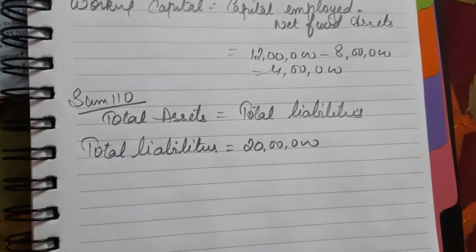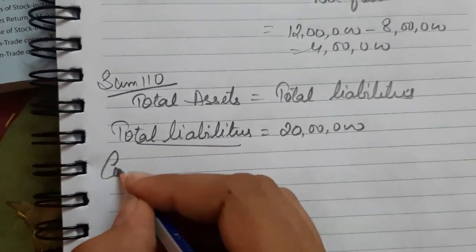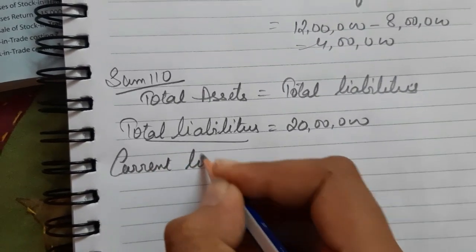So you got it as 20 lakh. Now what you can do is you can subtract non-current liabilities and shareholders fund from total liabilities to get current liabilities. Okay, to get current liabilities